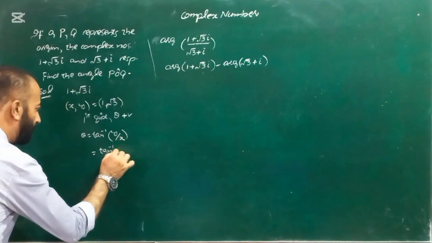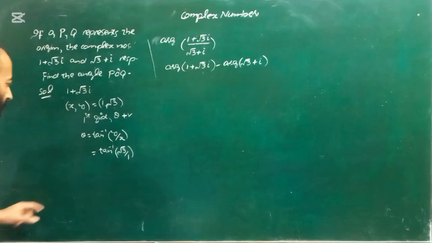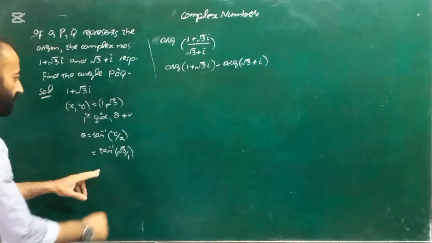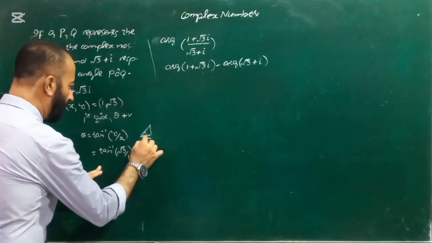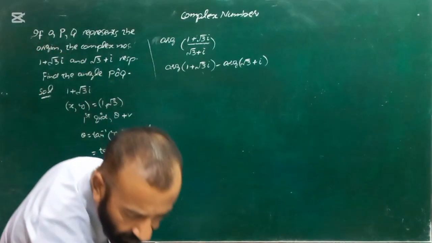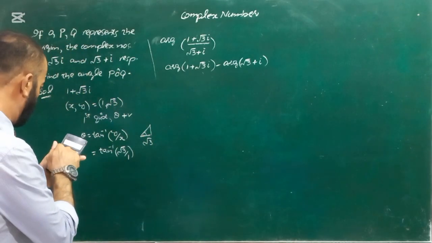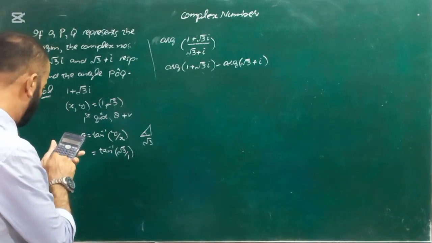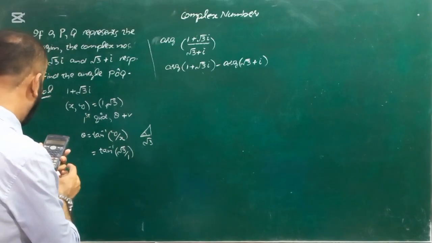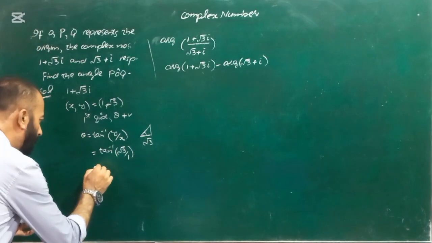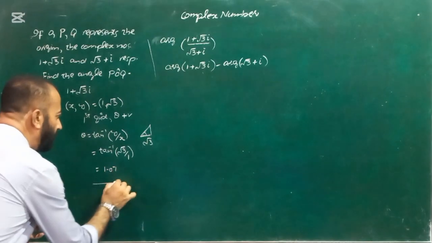So tan inverse square root 3 over 1. Okay, tan is square root 3. So square root 3 is actually 30 degrees. So use the calculator. Change your calculator into radian mode. So tan inverse square root 3, bracket close, 1.07. Okay, this is the first